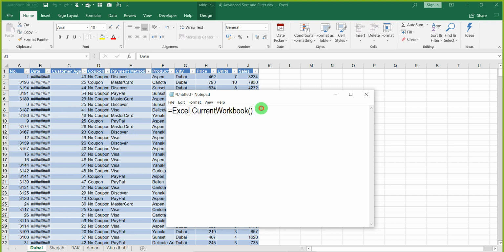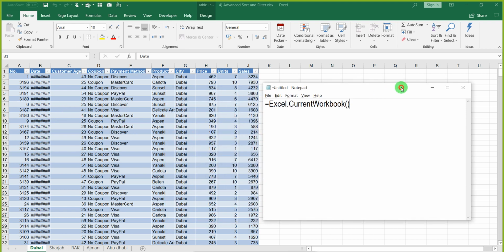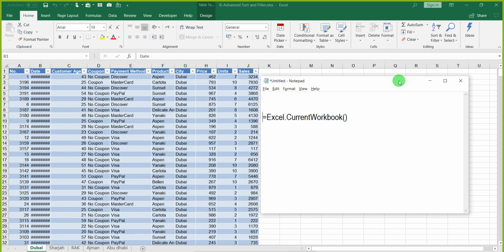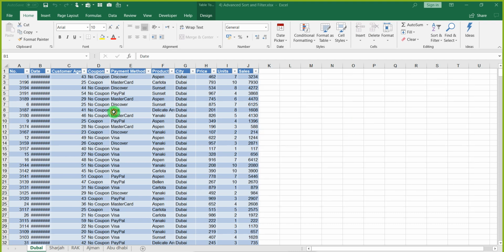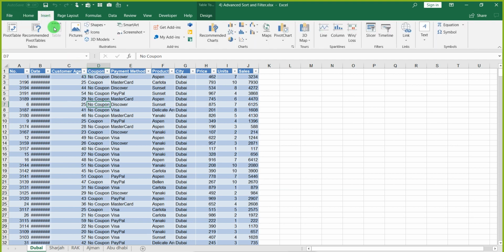So the first thing, friends, there are a few conditions you should follow. The first thing is it is better to convert all your data into tables by pressing Control T. I have already explained what Control T is, what a dynamic table is. If you have normal data, you just have to go to Insert, say Table, and convert that into a table.